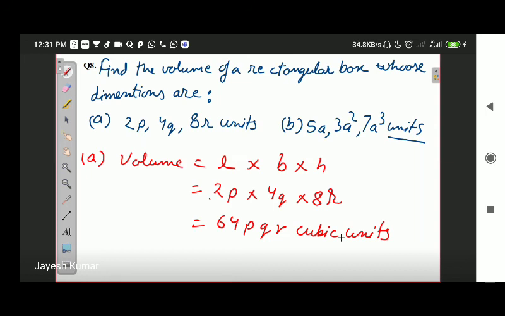In the next lecture we are going to discuss multiplication of a polynomial with a monomial, that is, multiplication of a monomial with a polynomial of more than one term. We will discuss that in the next exercise, exercise 6.3.